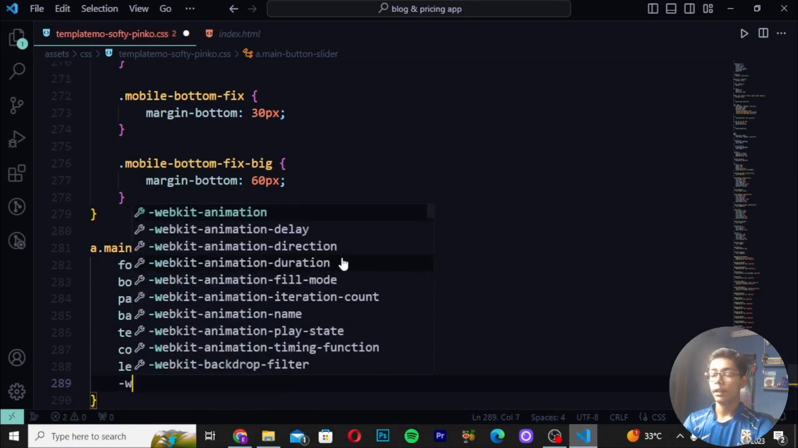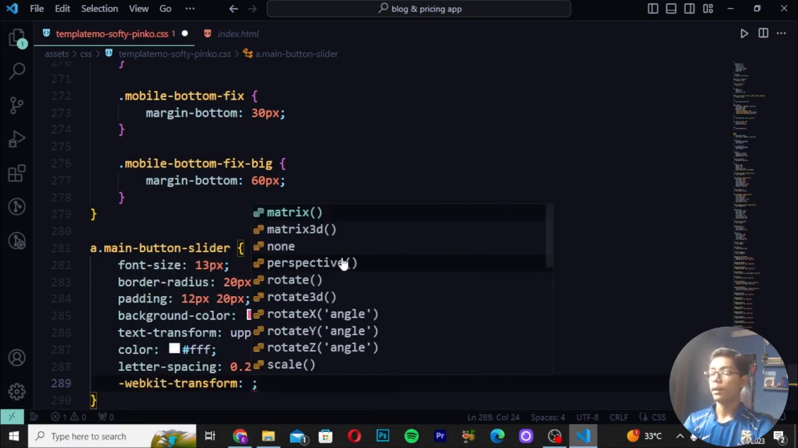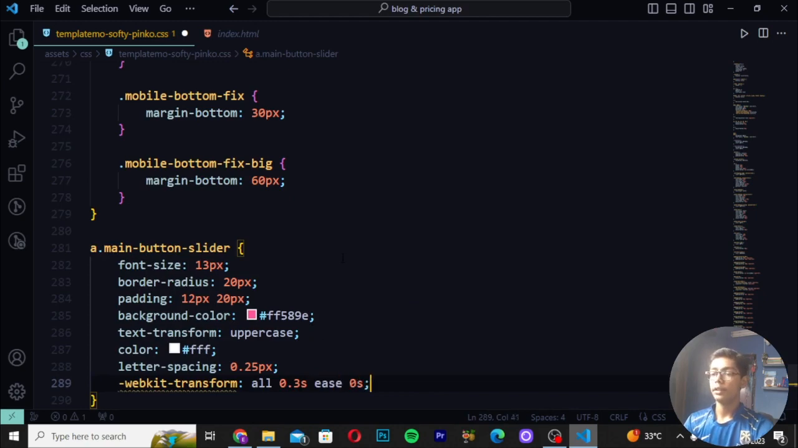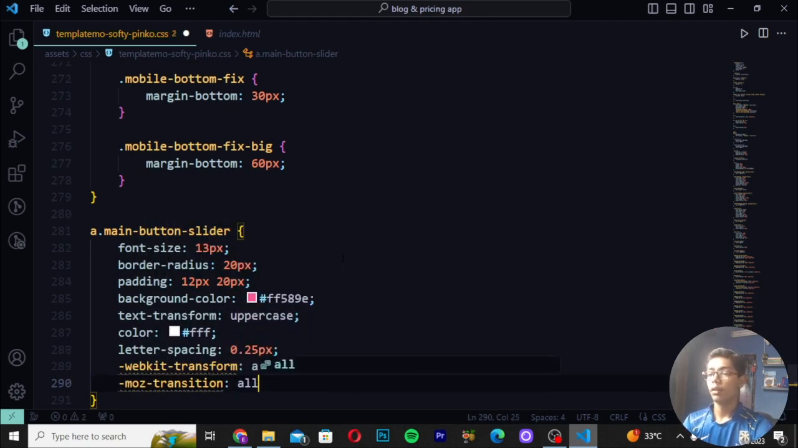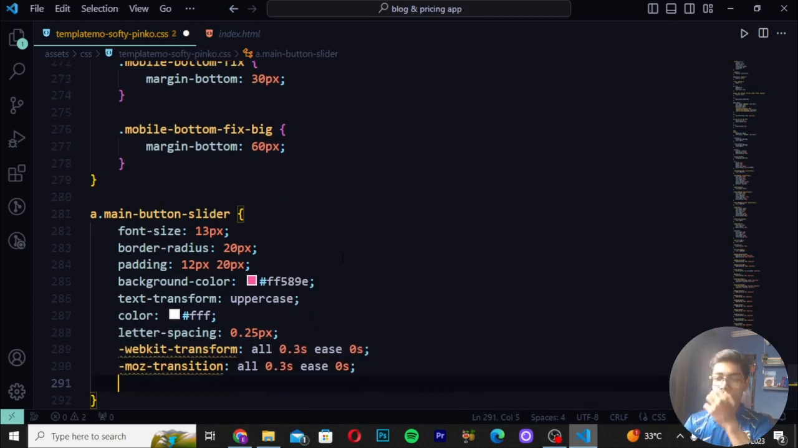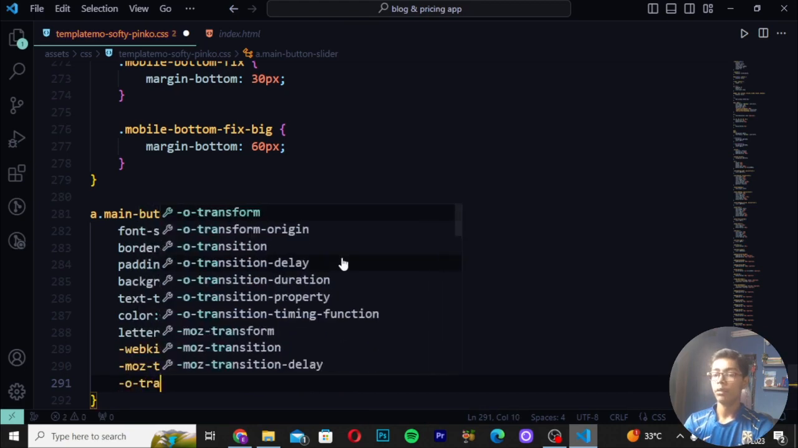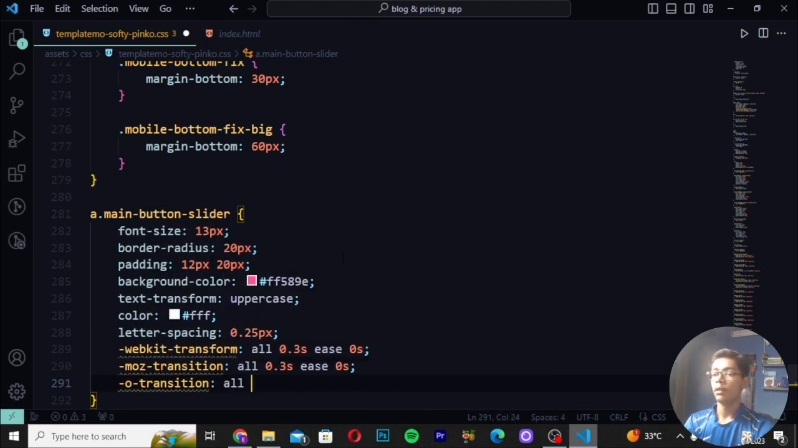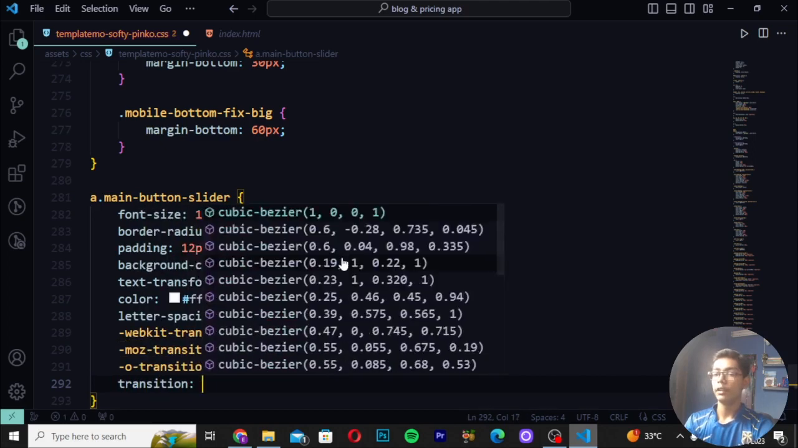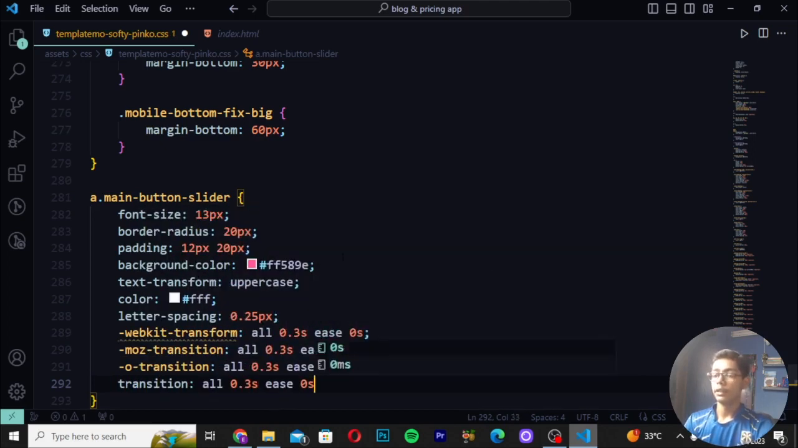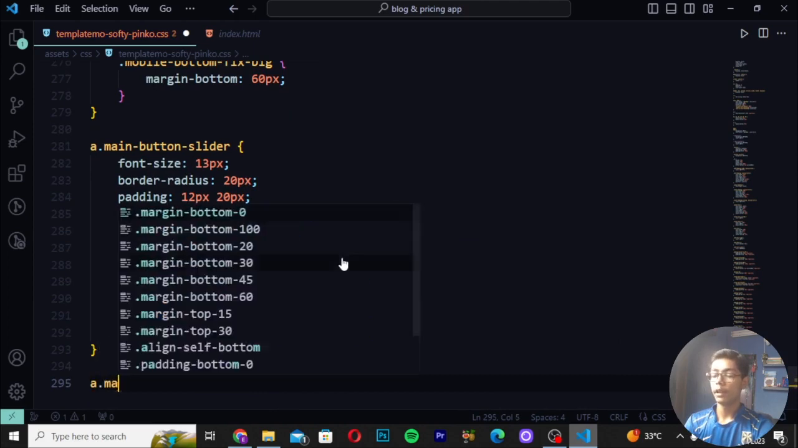Write here WebKit transition, and I will be writing all 0.3s 0s. Write here moz transition, and I will be writing here all 0.3s, and then here I will be writing 0s. Then here you have to write O transition, and I will be now writing here all 0.3s 0s, and then you have to write here transition all 0.3s 0s. Then when you have done that, you have to write a main button